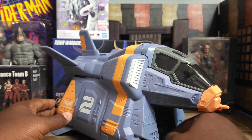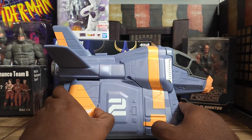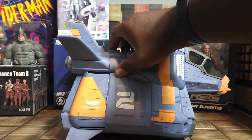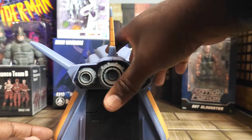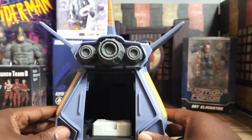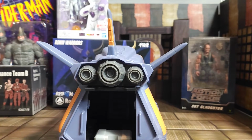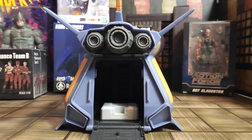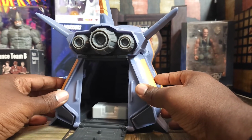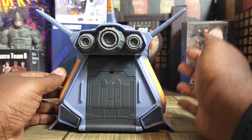Again, full panoramic view. It does have doors, and it has a button here. Let's see what this button is for. Oh, and that pops open the back door. As you can see, one second. Sorry about that. I realized that the angle is a bit off. So as you can see here, the door pops down. You can just simply plug it back in, but then if you hit the button,